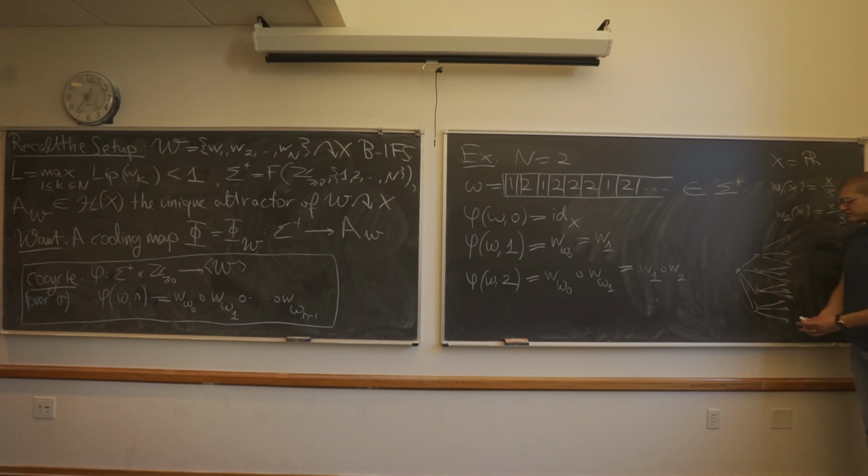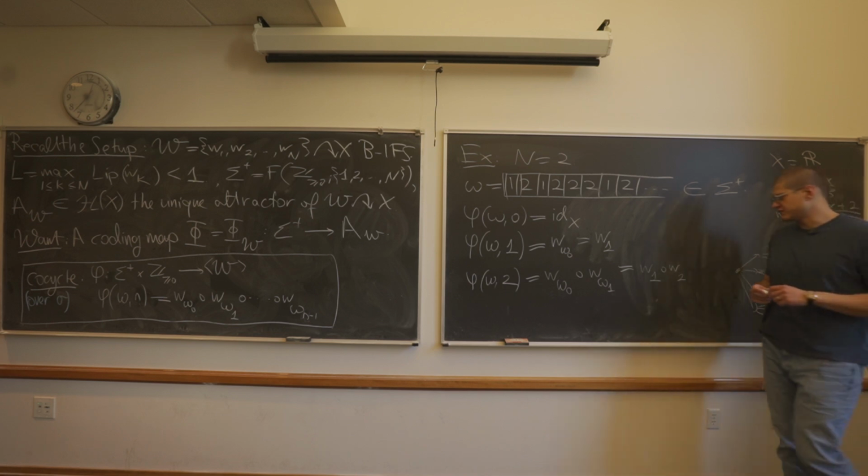So the Hutchinson operator does this. You start here, and then at the next step, you have all of these different possible futures, if you want. And then each of these futures bifurcate, or whatever, k-furcate, I guess, to more and more futures. So this is sort of a parallel universes type of perspective, the Hutchinson operator, whereas the cocycle perspective is more like, oh, I'm choosing one specific branch, and I'm following it to the end. Okay, that's the difference in the perspectives.